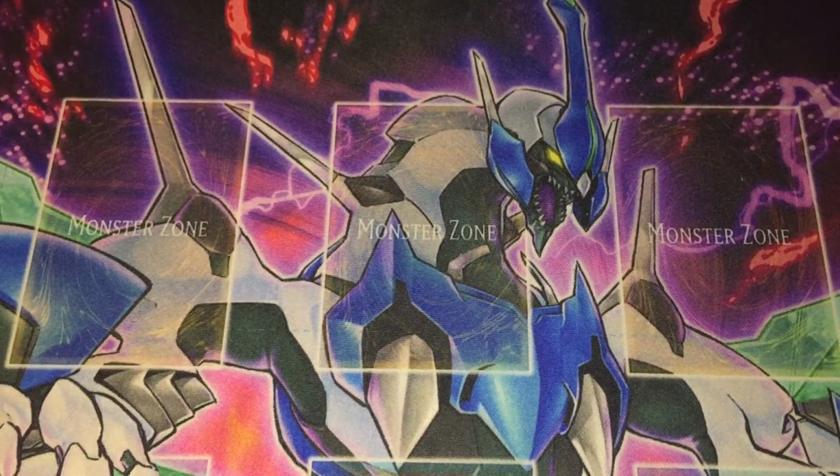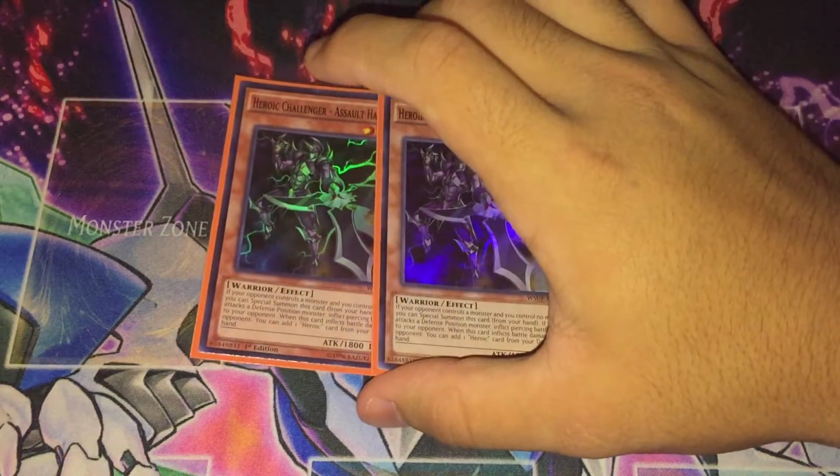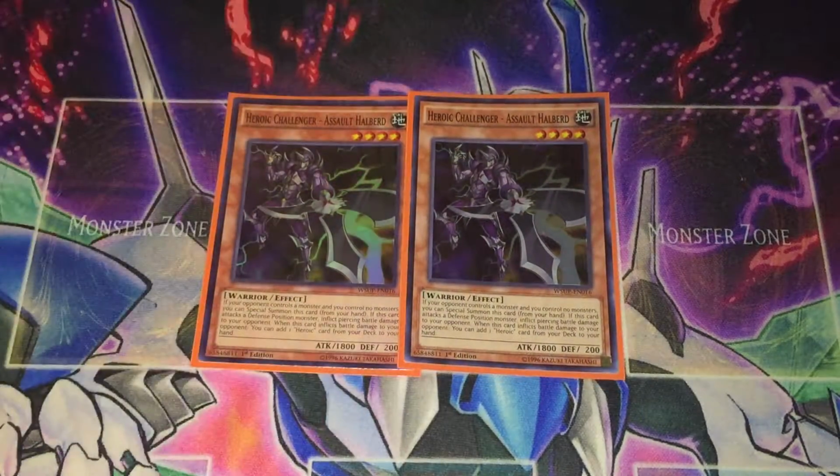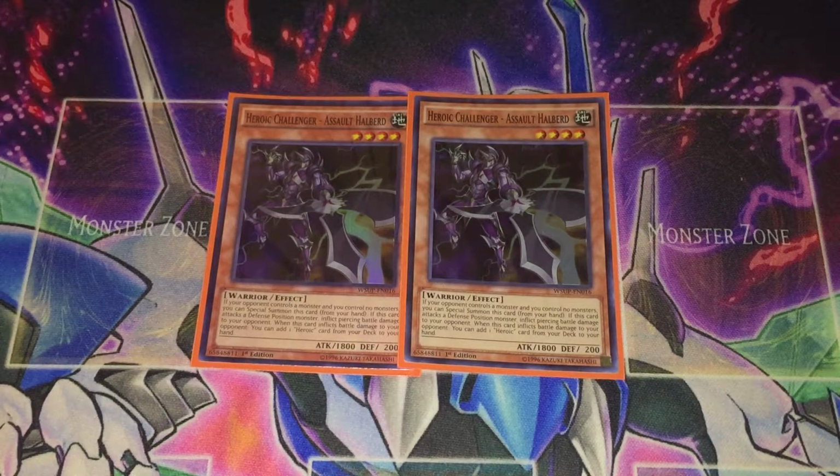Following UA Perfect Ace, we have 2 more monsters, and those are 2 copies of Assault Halberd. Now, we run the 2 copies of Assault Halberd to act as essentially free tribute fodder for our level 5 and level 6 UAs, as if our opponent does have a monster on their field, we can just special summon Halberd for free, as well as he is another Rota target,